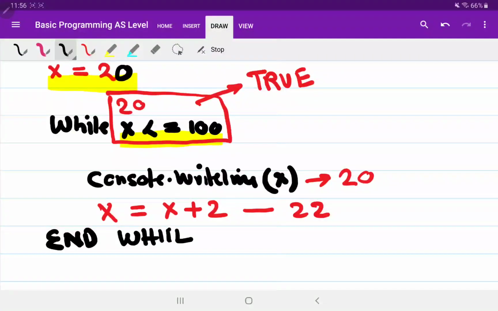Now this end while will take us again at top of the loop. Now we are going to compare the value of x again. Now this time the value of x will be 22, and 22 is less than equal to 100. Again condition is true, our loop will run. Now this time we are going to print 22, and this will go on and on